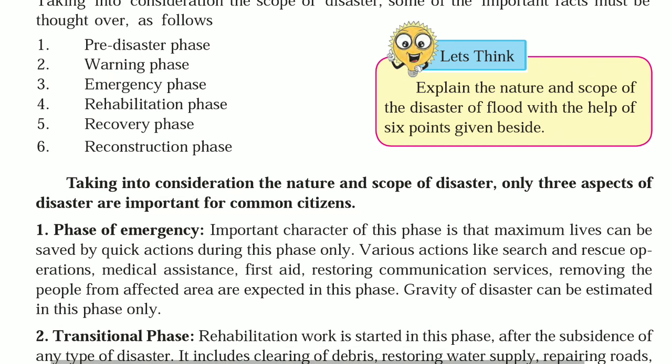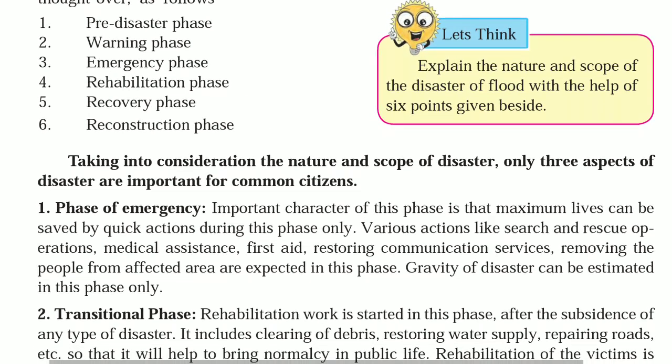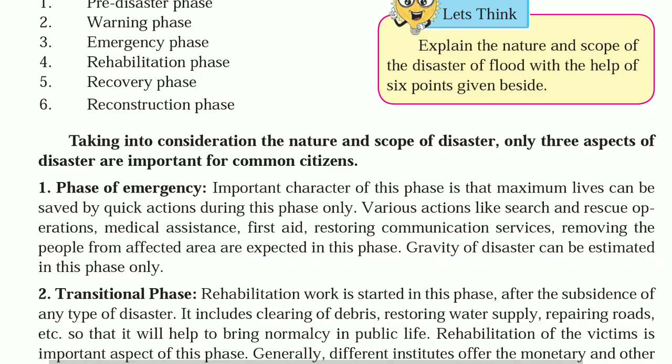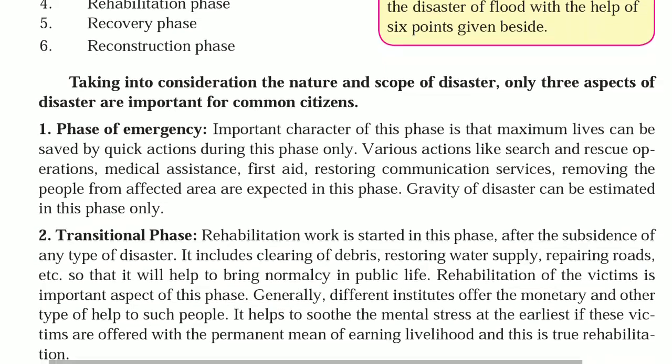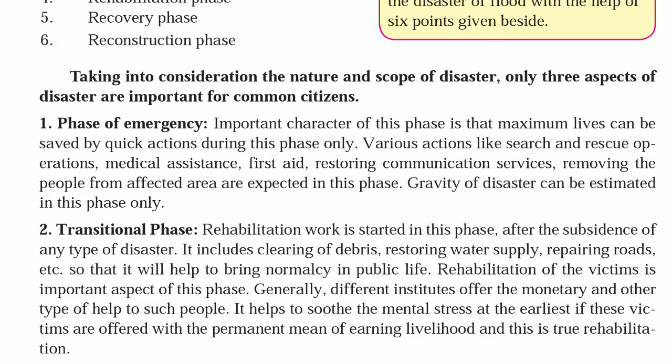Taking into consideration the nature and the scope of disaster, only three aspects of disaster are important for common citizens. Phase of emergency. The important characteristic of this phase is that maximum lives can be saved by quick actions during this phase only.